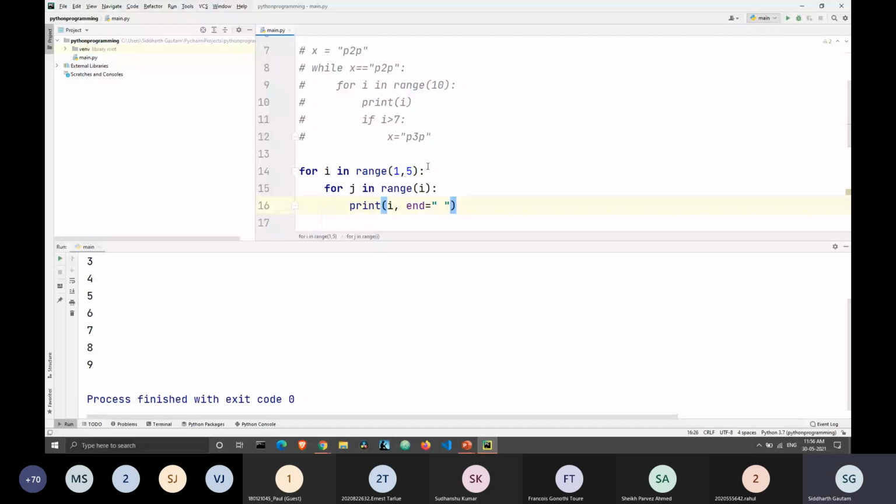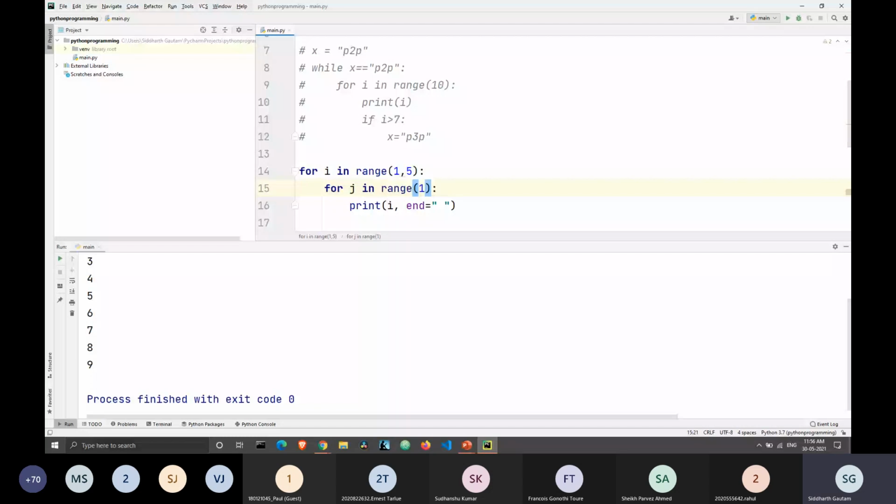That means in the first iteration, when this for loop gets executed, it is only getting executed till 1. Because the value of I is 1 in the beginning, the value of j will go for j in range of 1. In the next iteration, the value of I will increase from 1 to 2.